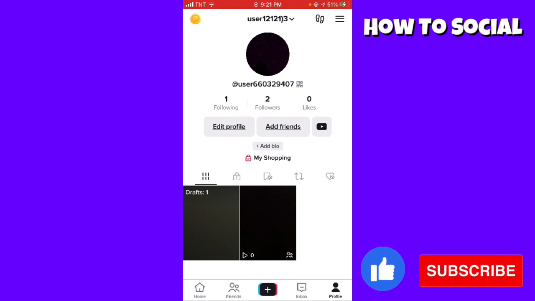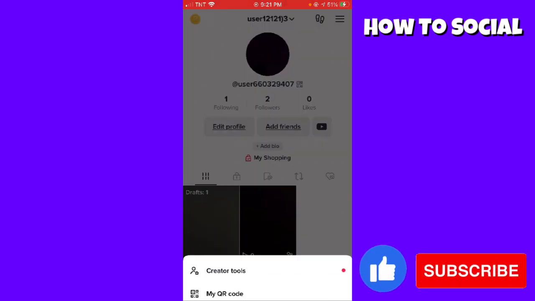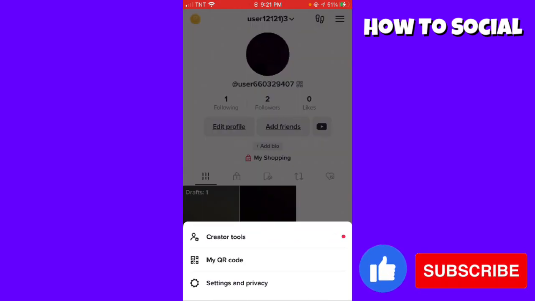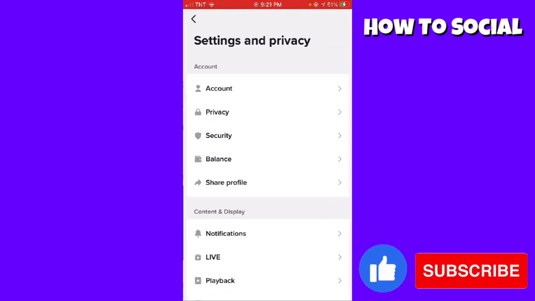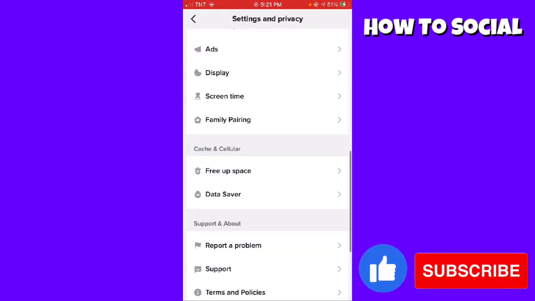So let's get started. So first of all, you want to open your TikTok app and go to your profile by clicking the profile button at the lower right corner of your screen. And now you want to click on the three little lines at the upper right corner of your screen, or the menu button. So now you want to click on settings and privacy and scroll down until you see the